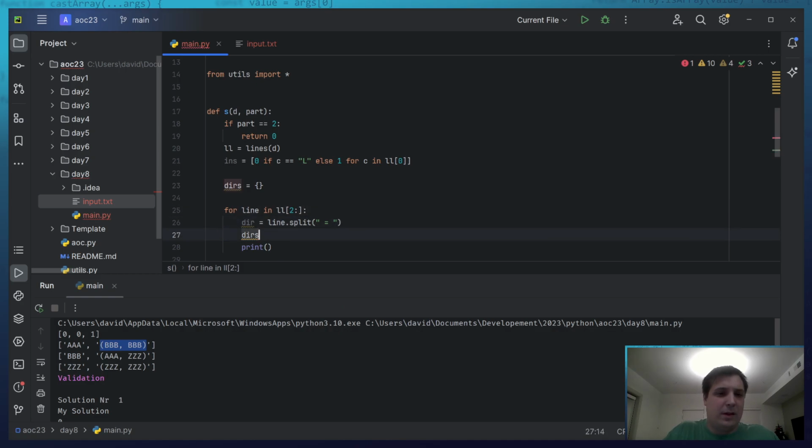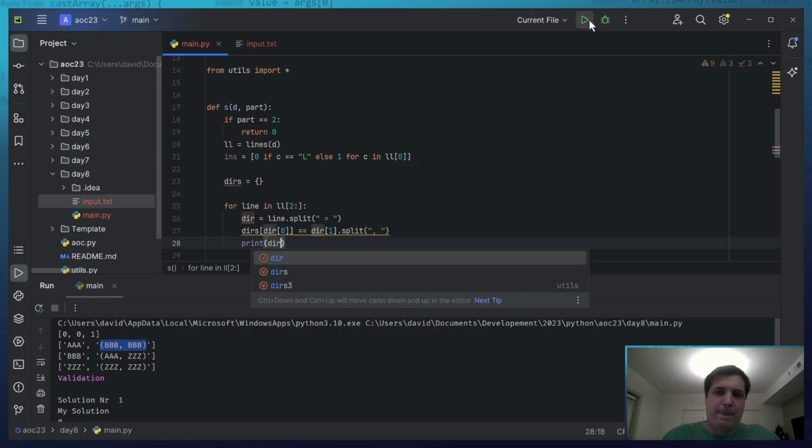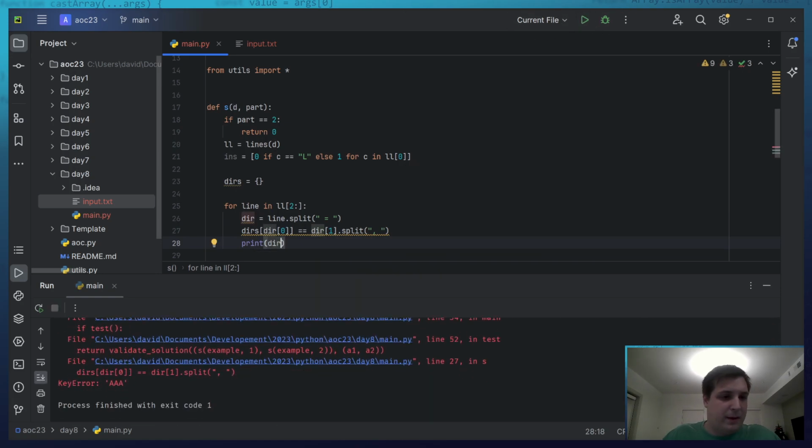And then I want to say deer 0 equals deer 1 dot split by the comma. Now I don't care about the brackets. Key arrow AAA.